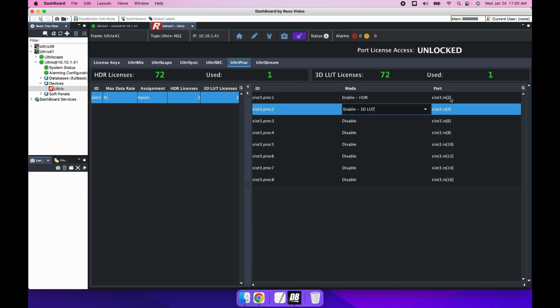Now you notice that the inputs that are available are all the even inputs on that card. If I put myself into UHD mode, you'll notice that my count has gone down by half. So only certain inputs or outputs are available with the proc license, and you can check the user guide to see which ones are applied. Now that we've got the license applied to the inputs or outputs that we're interested in, so I'm just going to put this back to 3D LUT, I can move on now to the next step, which is to adjust